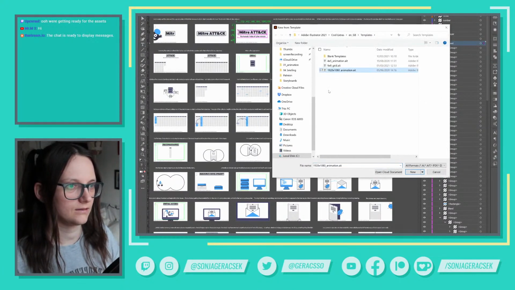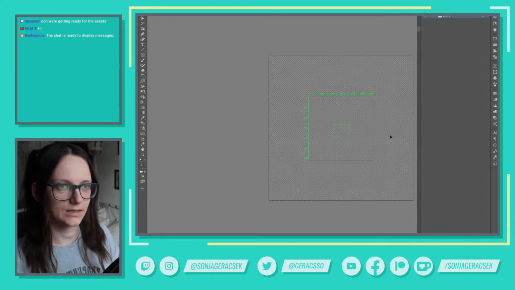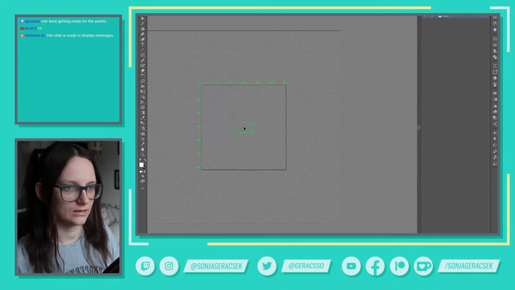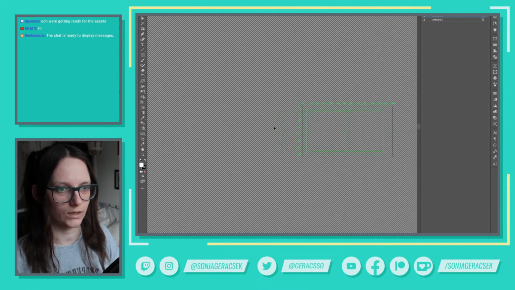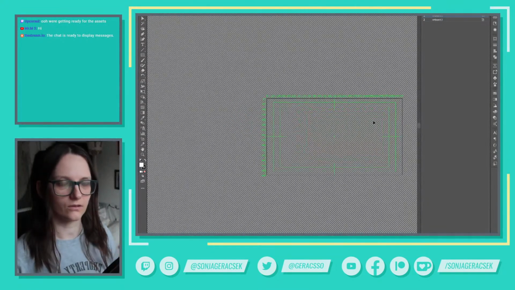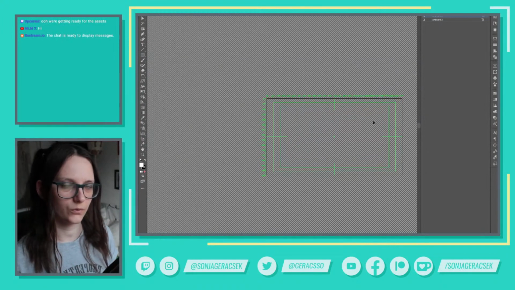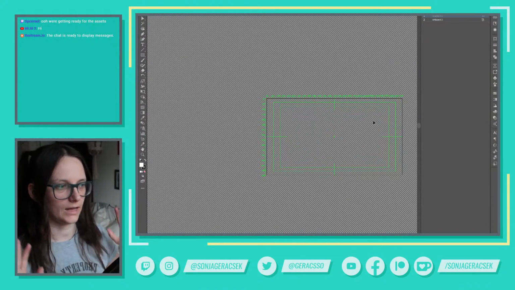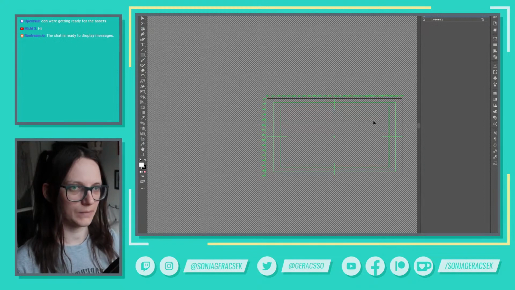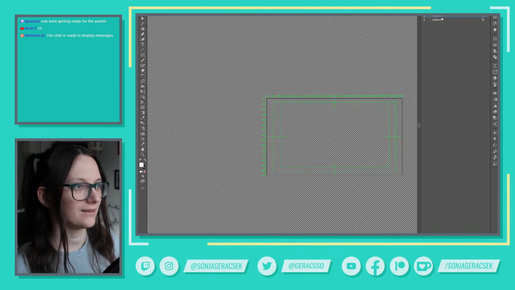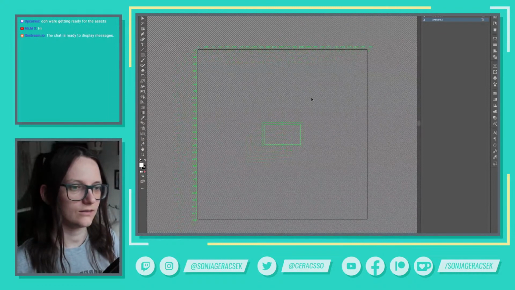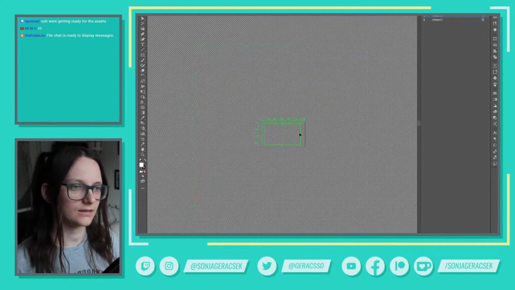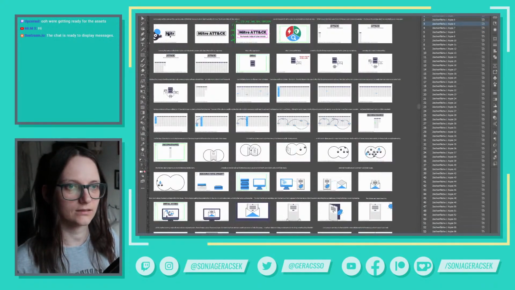It's my 1920 by 1080 animation template. What that does is it has the animation artboard, where the first artboard is the size of my comp. So the way I import it, it will have all of the specs from this Illustrator file. The second artboard, the reason we have it, is so that if anything is clipped off, like this little character here,